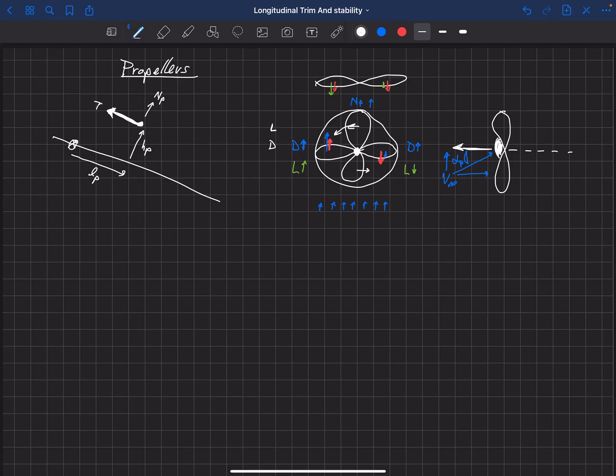Okay, so now we can look at the pitching moment about the center of gravity. The pitching moment about the center of gravity due to the propeller is equal to the dimensional moment about the center of gravity due to the propeller divided by 1/2 rho v infinity squared S sub W c bar W. That's the way that we've non-dimensionalized the global pitching moment. So we'll take the pitching moment from the propeller and non-dimensionalize it the same way. And let's just write that out.